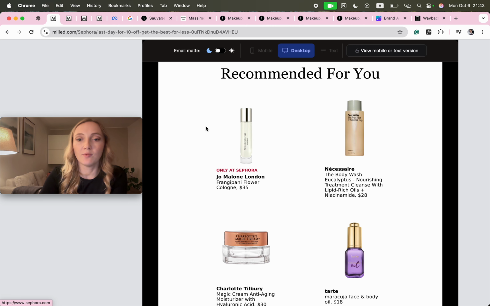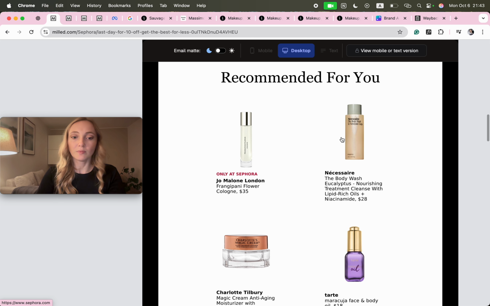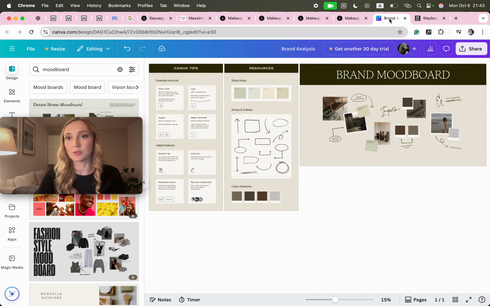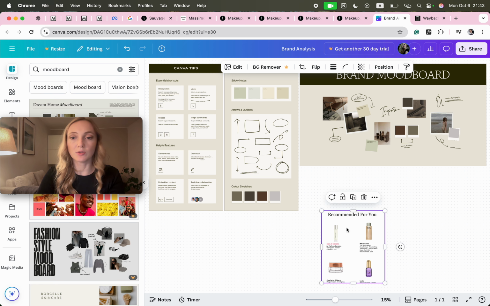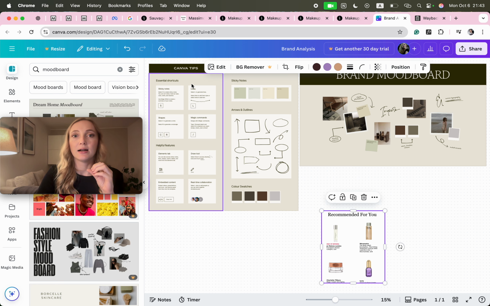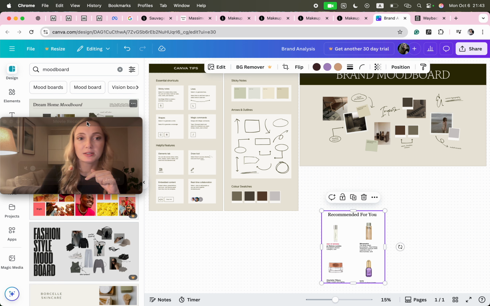So we have this layout, and let's say we really like it. What I'm going to do is screenshot this layout, and I'm going to go to Canva, to my file, and I'm just going to paste it. So this is just layout. Usually this part I do,